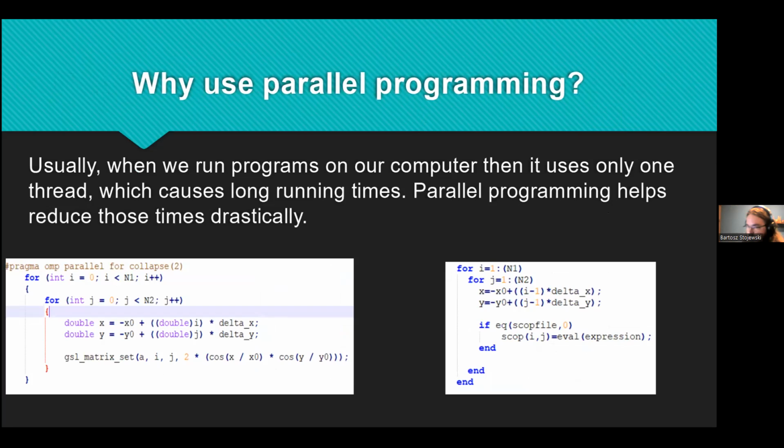Next, I'd like to talk about why I use parallel programming. I use it because we write the code with specialized software to make it easy for them to run their program across multiple nodes or processors. A simple example of where parallel programming could be used to speed up processing is our for loops, as shown right here. On the right side, there is a sequential for loop in my program, and on the left there is a parallelized for loop in my C++ program,